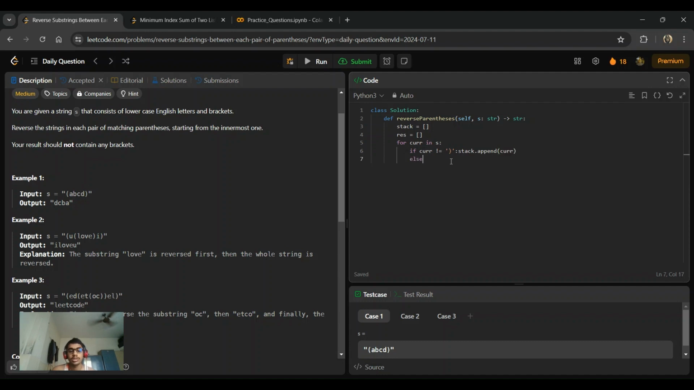Else, if we are getting the closing bracket, then we have to pop everything until we reach the opening bracket. So while the top of the stack is not equal to the opening bracket, we will continuously add elements popped from the stack to the result array. Append stack.pop(). Okay,